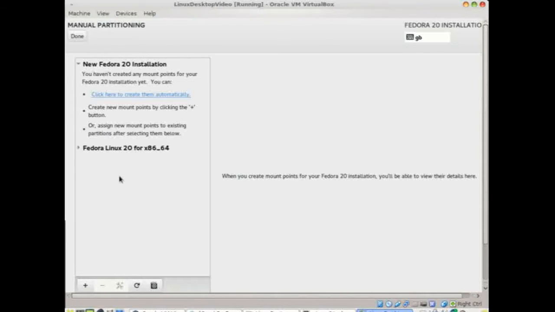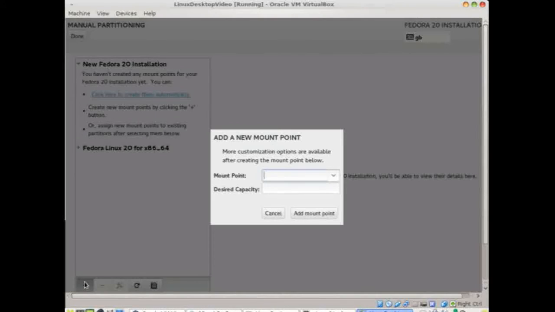But we'll do that as another installation later on in this series. So I'm going to click on the plus because I want to add a mount point here. And if I click on the down arrow, it gives me various default options. The first one I want to create is a swap space. If we don't create a swap space, Fedora will actually give you a little warning about not having any swap